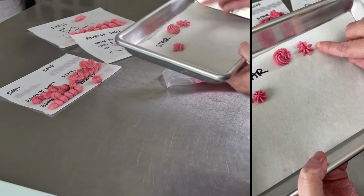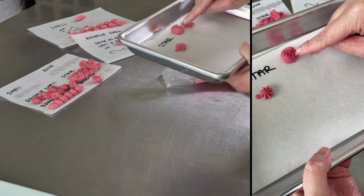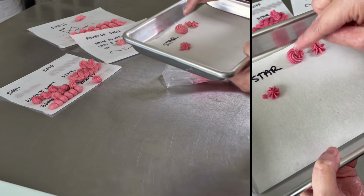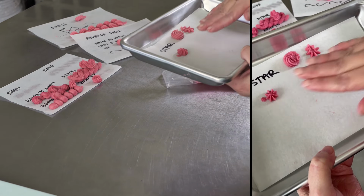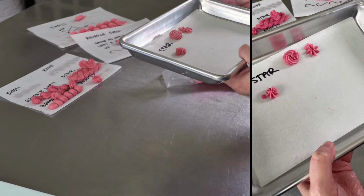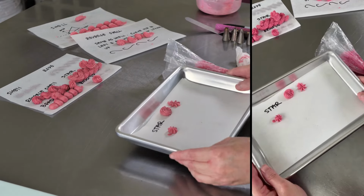When I do something like this, I remind myself, you're too close, pull it up a little more. When I get stuff where it's uncontrolled and I can't really determine where the frosting is going, so too high up. So as you're going and you're piping stars and you're practicing, remind yourself, too close, too far away from the surface, and you'll start to get more consistent